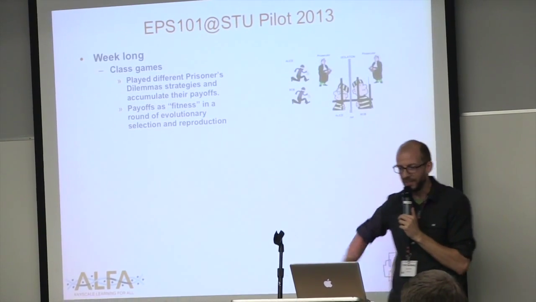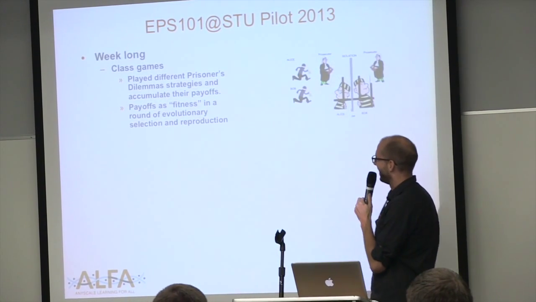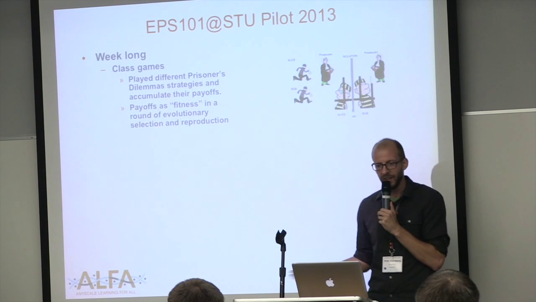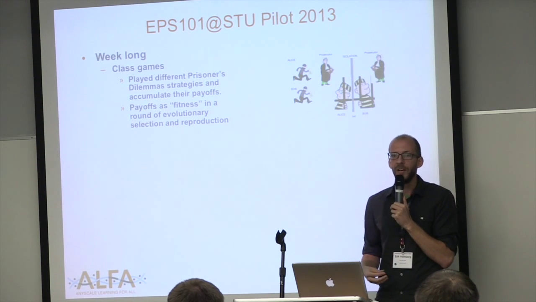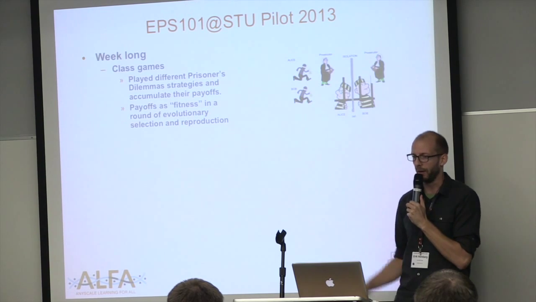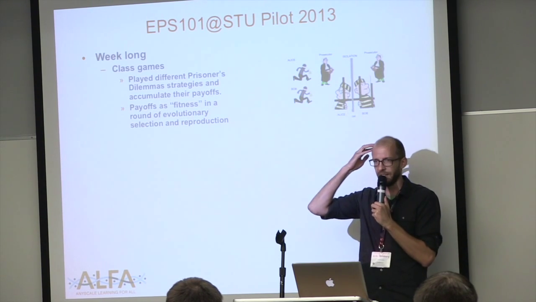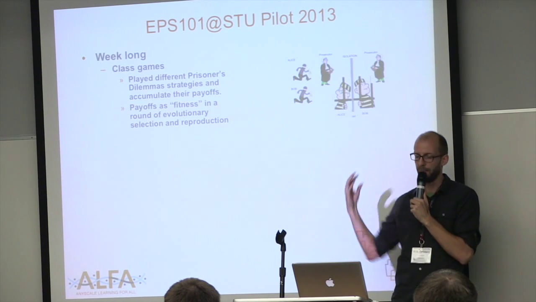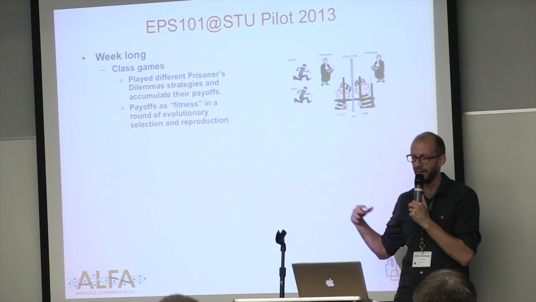The point is that we set up payoffs for the prisoners as a fitness, and then we use it as a round of evolutionary selection and reproduction, and we do it in the class. I kind of like it. I really like to do algorithms with people and then show it on the board afterwards. And now we have to think again, as I said, we've taken an algorithm from the computer, we put it in the classroom. How do we put it back into the computer to scale massively and explain it?